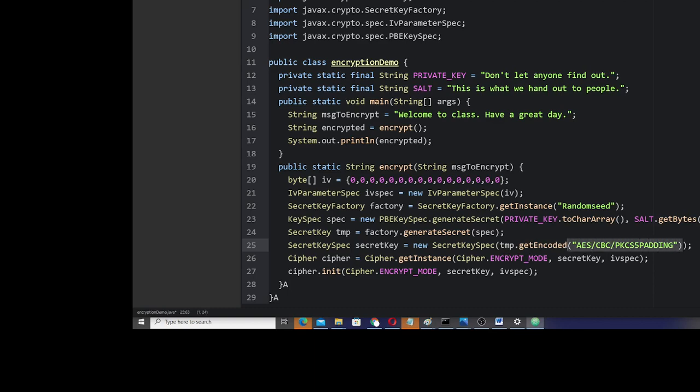This goes inside for the argument for cipher.getInstance. And then, so let me transfer that over. Alright, so that one's done. Secret key spec. Let me look at secret key spec. We actually want to make that temp.getEncoded. And then the other parameter we needed was, we only needed one more parameter, and we wanted to say